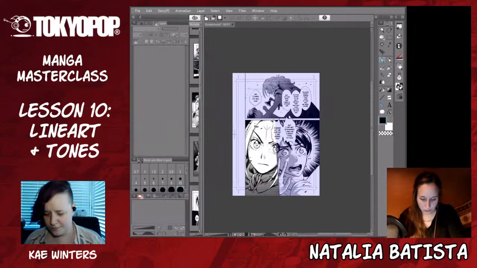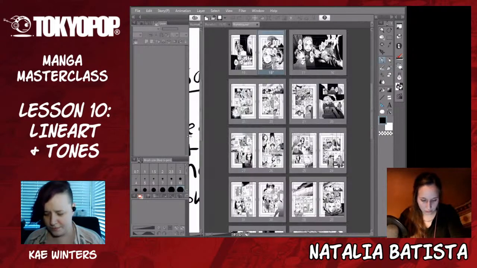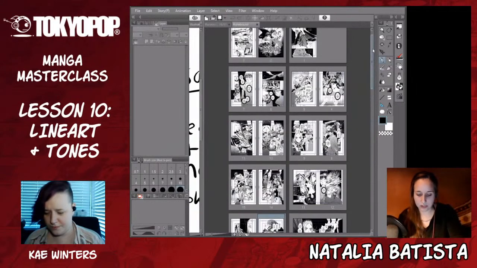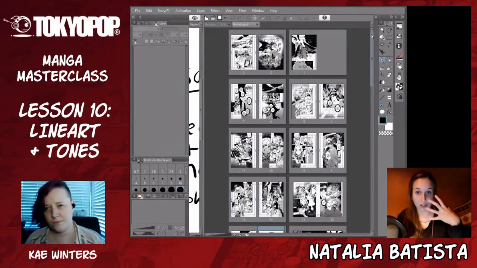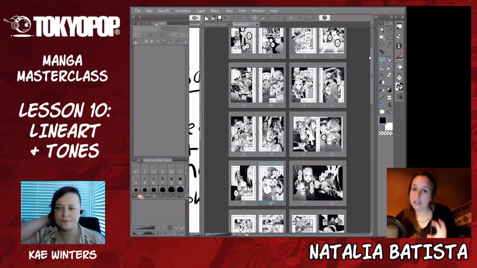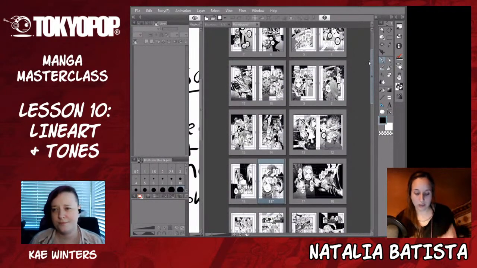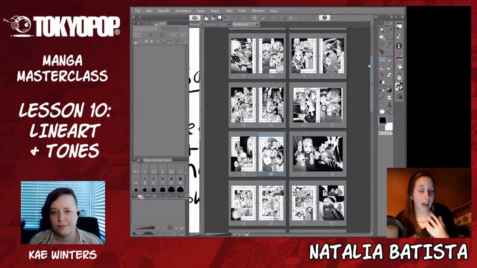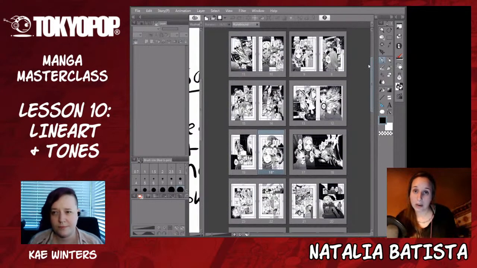So let's show you all of Runebound. This is all of Runebound. And you can see here that the pages that stick out, that your eyes get caught by, are the ones that have a lot of black on them. So this is a very, very important thing. Don't forget the black. And this is very important, especially in mangas that are very action-based, like shonen manga, seinen